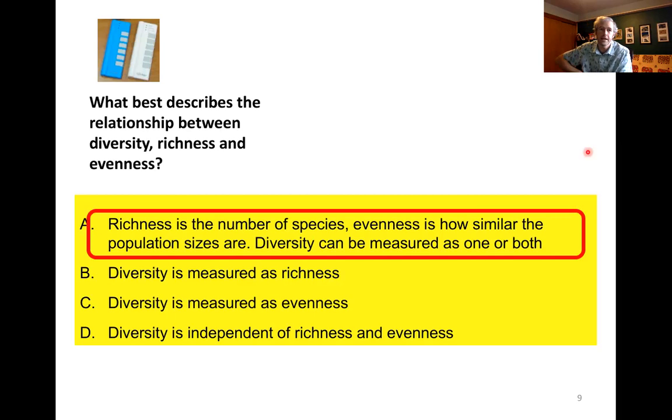Okay, well, I would hope that most of you got it. Yes, richness is the number of species. Evenness is how similar population sizes are. And diversity can be measured as one or both. Okay. However, there are these magical